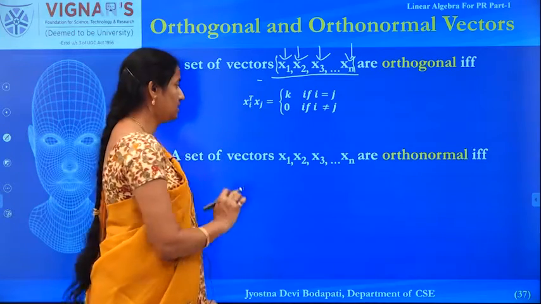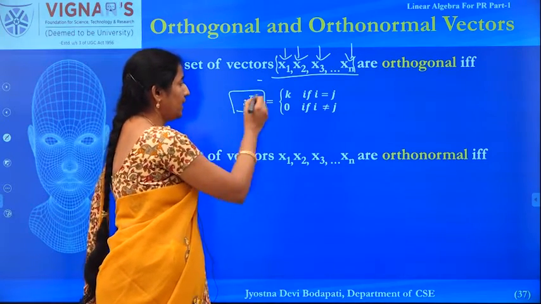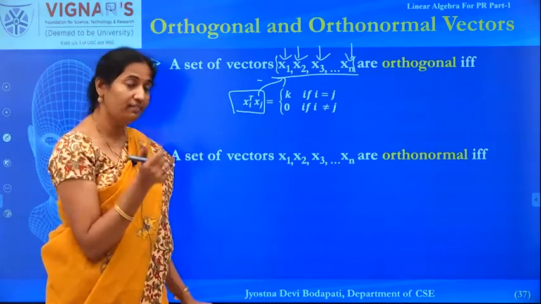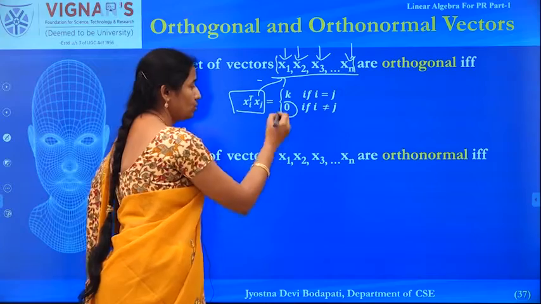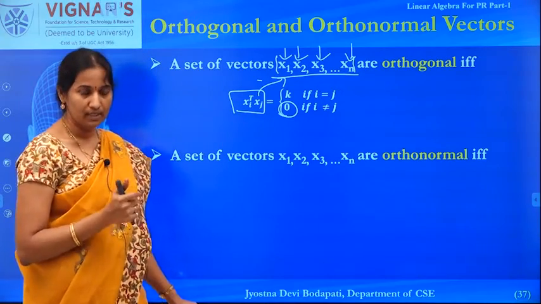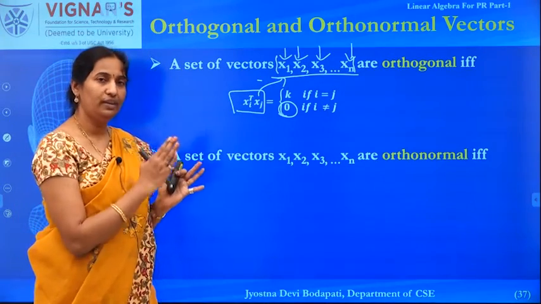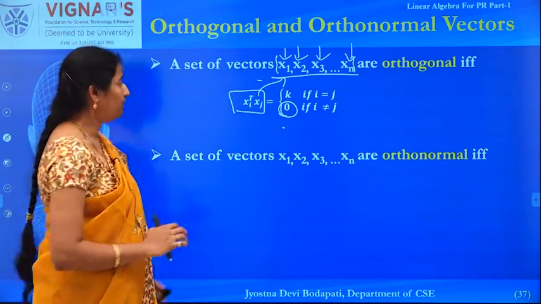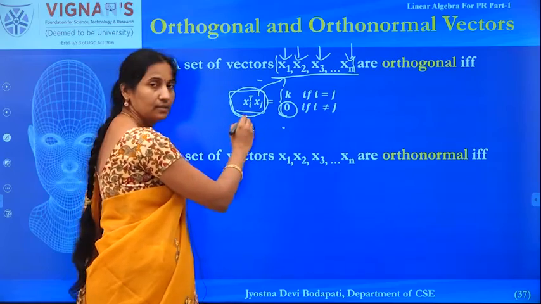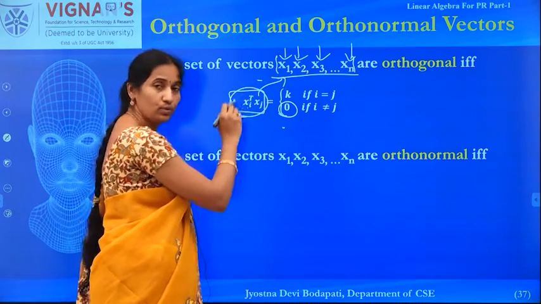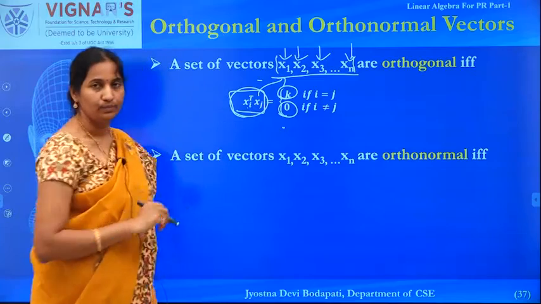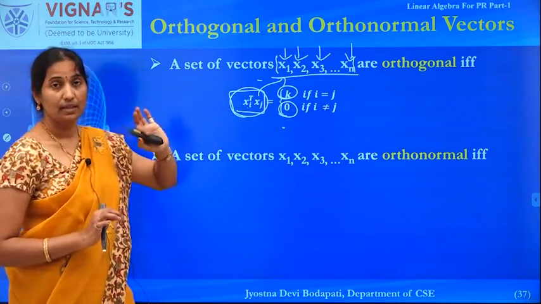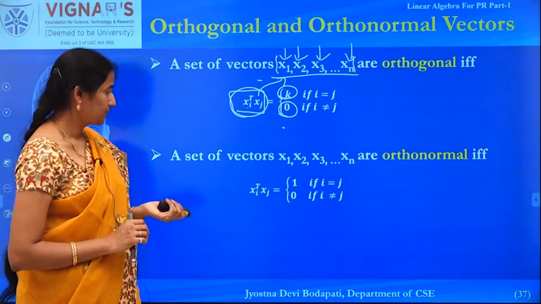The condition here is, when you multiply any two vectors from this set, that is the inner product of these two vectors, any two different vectors, it should be 0. That means if you consider any pair of different vectors from this set, they should be orthogonal to each other. And if you consider the inner product of the same vector, that is x1 transpose x1, x2 transpose x1, it can be of any real value. In that case I can call this set of vectors orthogonal vectors.